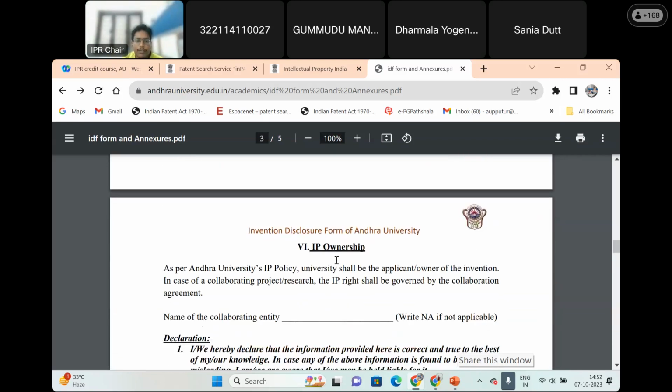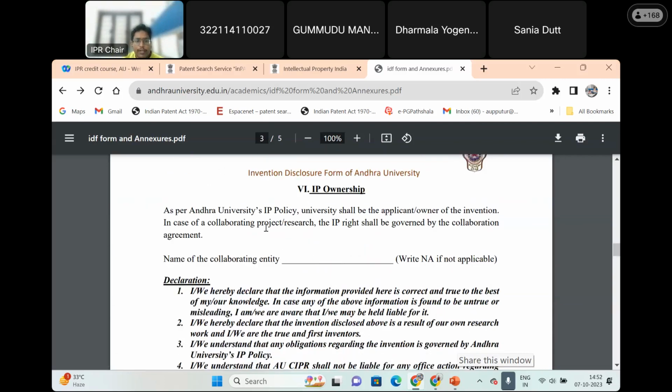and with your permission, with Andhra University's permission. So, IP ownership. This is a very important one. As per the Andhra University IP policy, the university shall be the applicant or owner of the invention. Dr. Anindya has come up with the IP policy. So the university shall be the applicant or owner of the invention. In case of a collaborating project or research, the IP right shall be governed by the collaboration agreement. For example, you are a student, by yourself, if you have come up with the invention, or any faculty or any researcher, then he will be the inventor and Andhra University is the applicant or owner. That means tomorrow, if it commercializes,